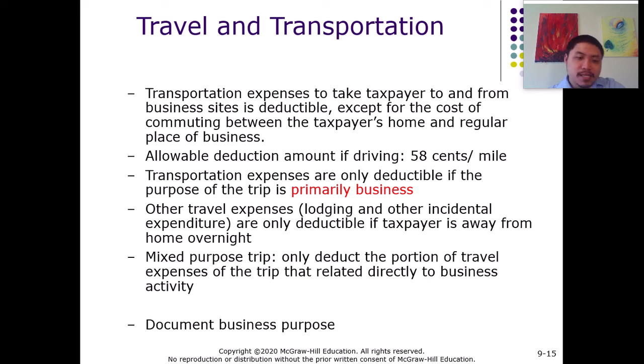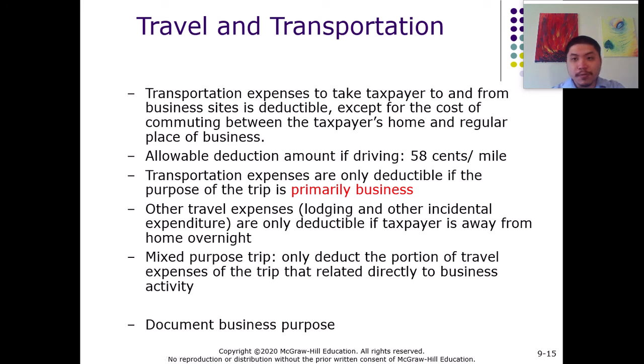And then, like I said, for a mixed-purpose trip, the taxpayer can only deduct the portion of the travel expense that is related to the business activities. For the portion of the trip that is purely for personal purposes, the taxpayer cannot deduct any expenses during those times. And then again, the taxpayer has to document